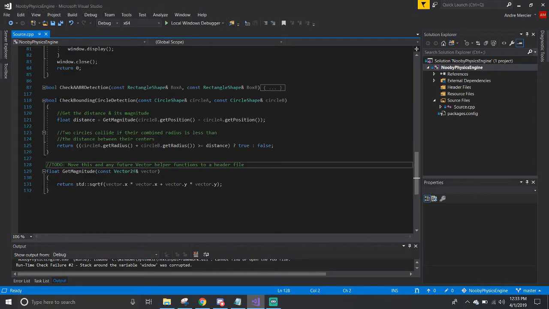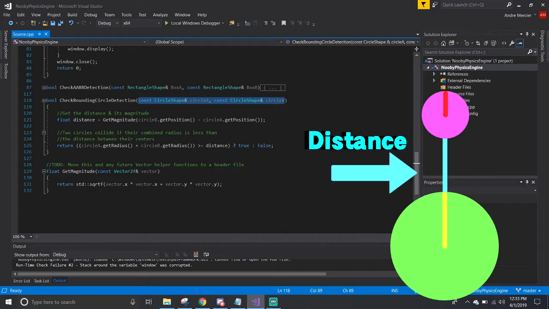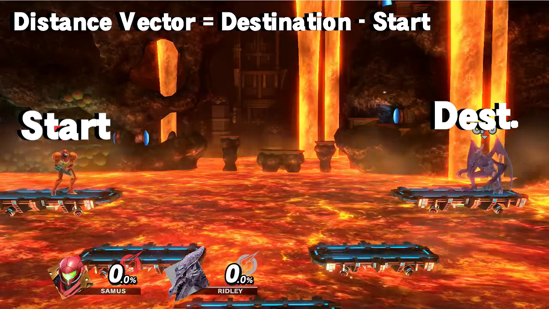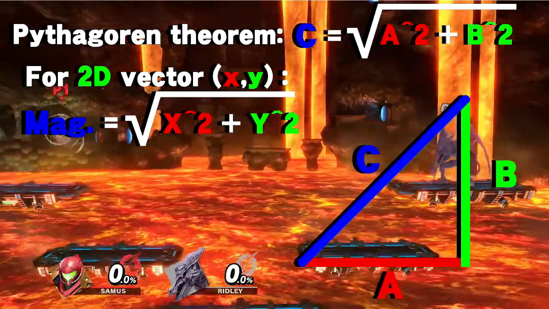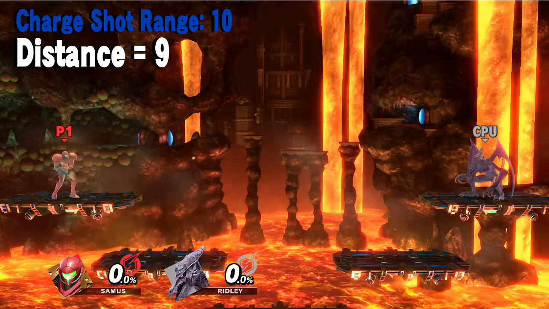So down here in the new function checkBoundingCircleDetection, it takes in two circle shapes. And we figure out the distance between the two circles by subtracting their positions first, then getting the magnitude of that vector. I made a helper function down here called getMagnitude to help me achieve this. To learn more about that, check out the Samus vs. Ridley example in the vector video. There's some action packed going on in that example,